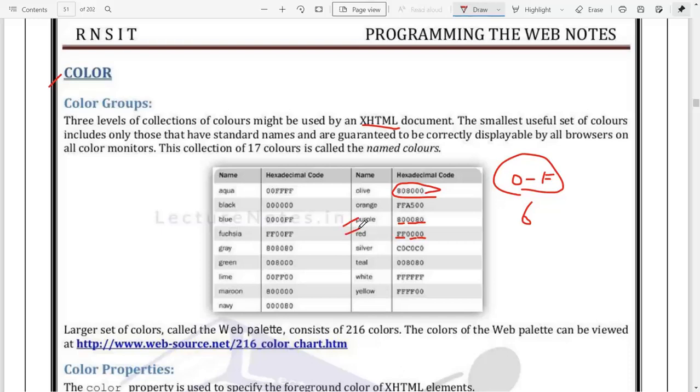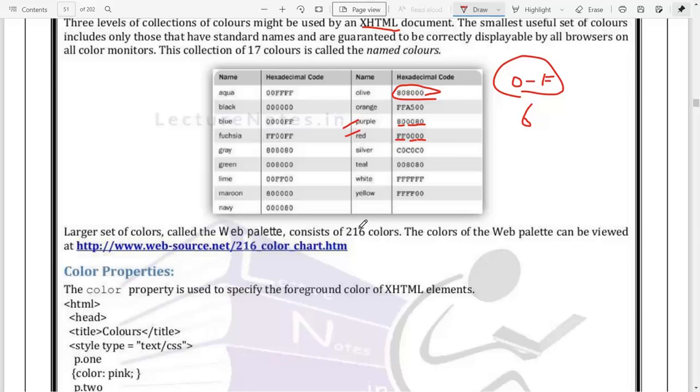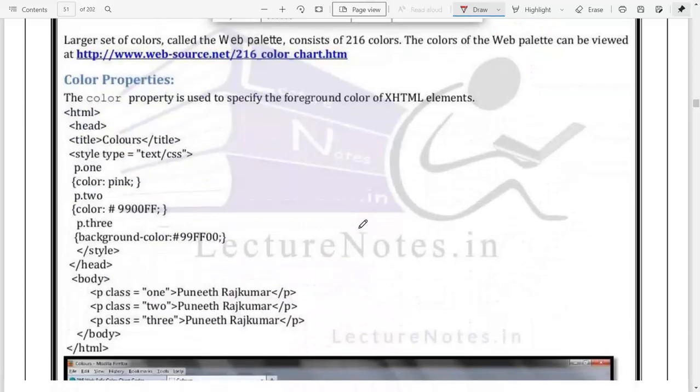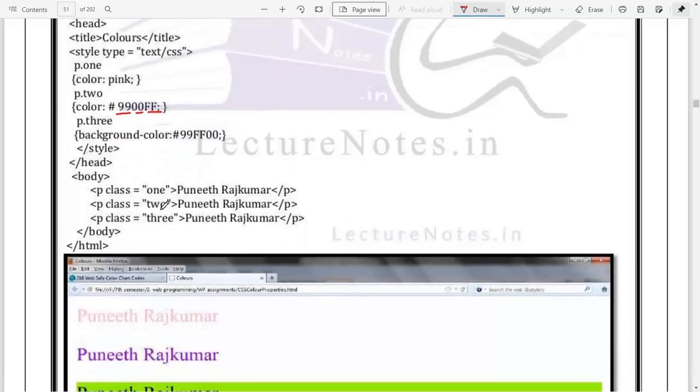So you can mention different types of colors by using those values between 0 to 9 as well as A to F. Based on the combination, the type of color that you're going to use will change. You can see they have mentioned some numbers here like 99, 00 and double F, which will represent some color,